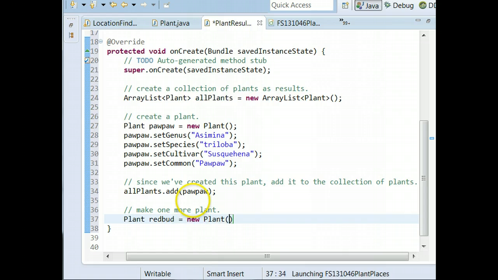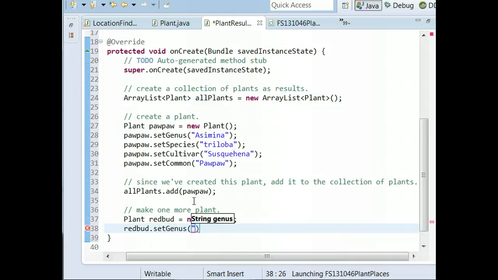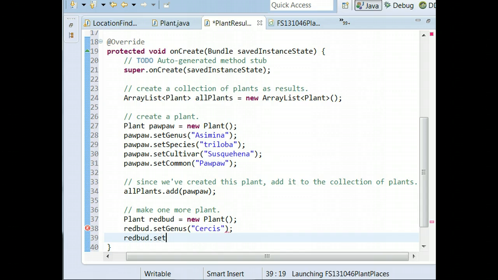equals new Plant. So now we have a different object. A redbud is a kind of tree just like a pawpaw. So they're both plants, and they both have a genus, species, cultivar, and common name, but the values are different for that genus, species, cultivar, and common name. So I'm going to say redbud.setGenus. I could do these in any order, but this is typically a natural order. Cercis, and then redbud.setSpecies, Canadensis,